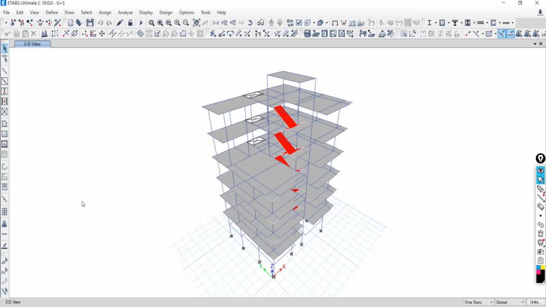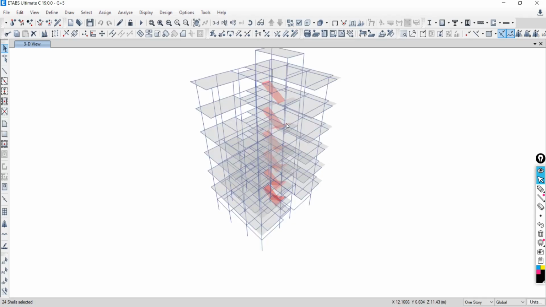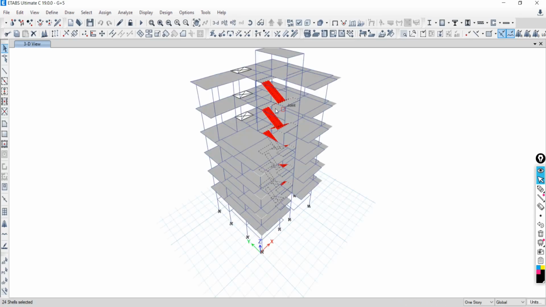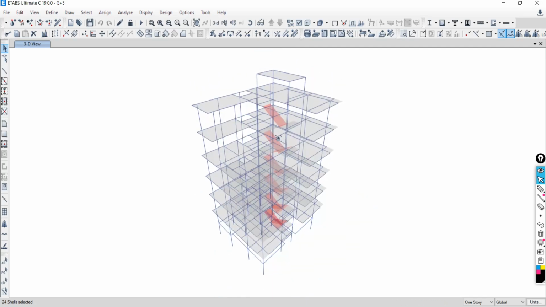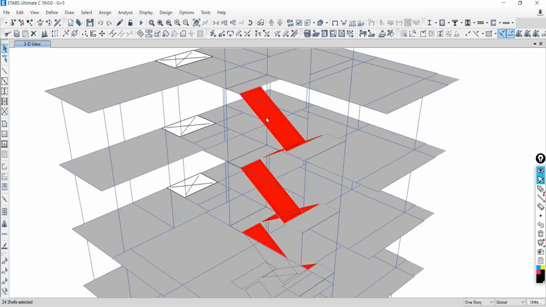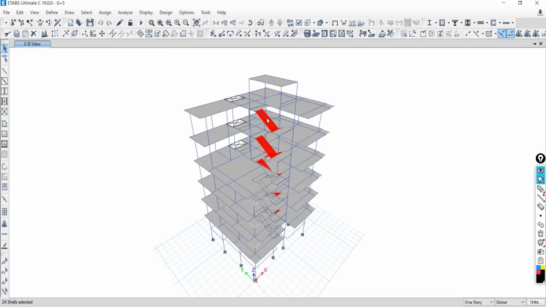Just right click on the window, show all object. Okay. Another thing, previous selection. I want to keep the selection of the things other than the selected thing. What does it mean? The things which are in selection, I want to deselect those and select the remaining things. Try to understand.